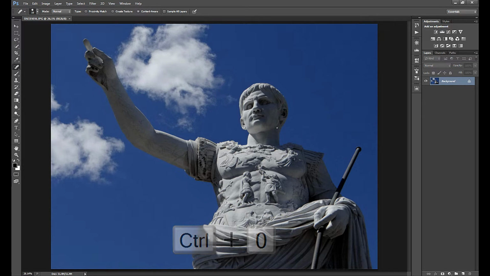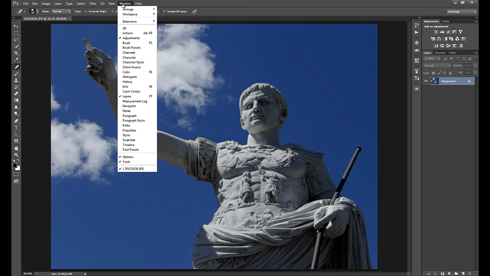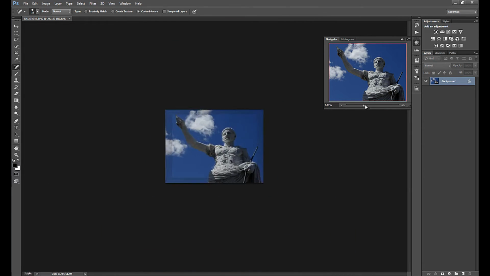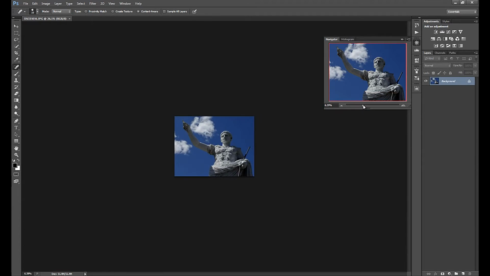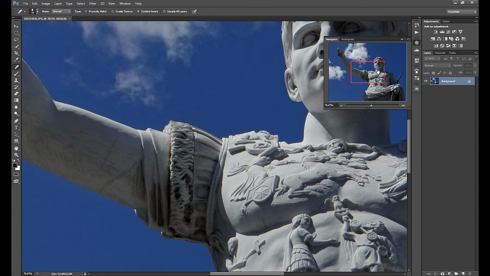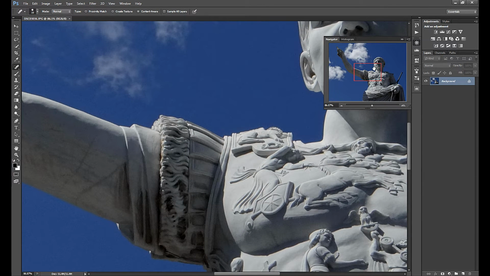And I'll show you the navigator. If we go to Window on the menu bar and go down to Navigator, this gives me a small preview panel which allows me to click to drag to zoom in and out. This becomes especially useful when you're doing retouching. Notice that there's a little marquee, a little rectangle here, and if I want to, if I'm working methodically throughout